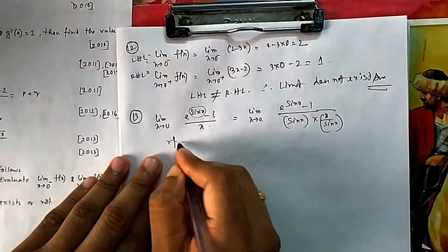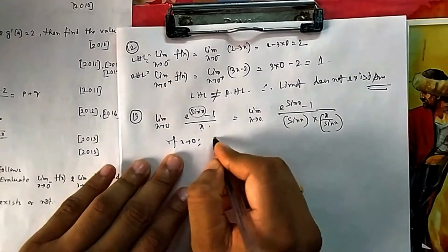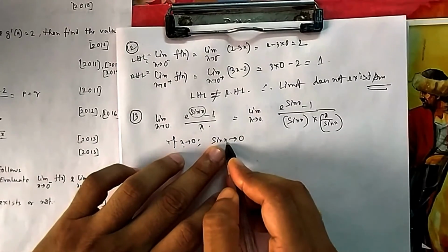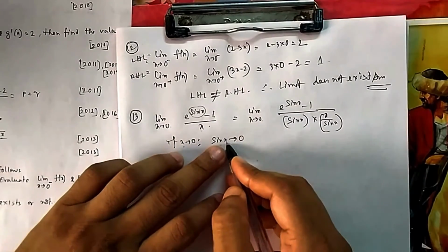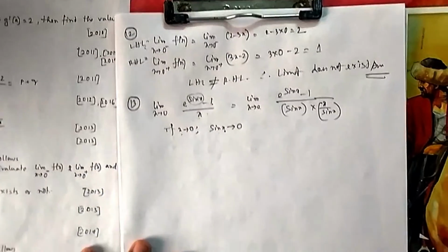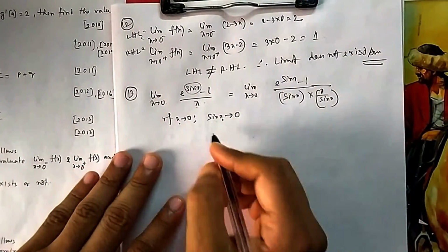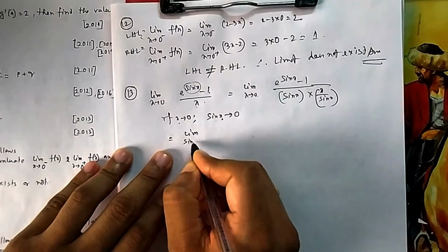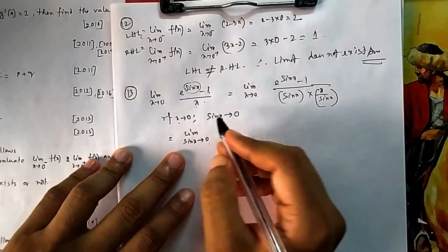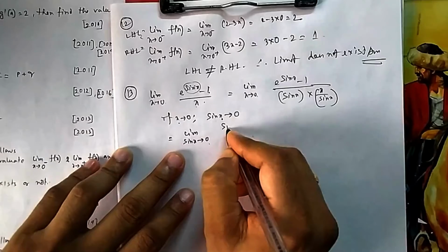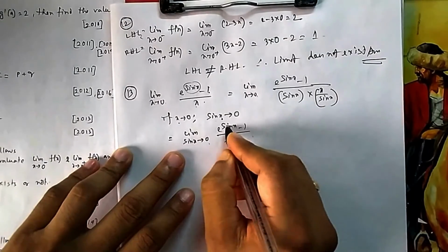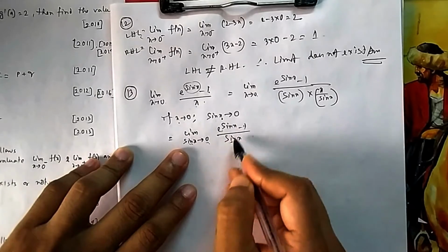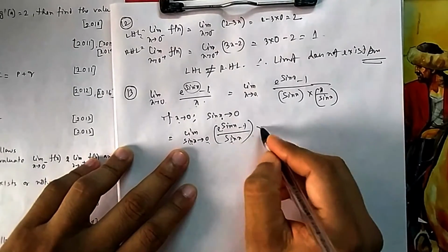And I know if x goes to 0, as I have seen in the previous question, sin x will also go to 0. Because if you are going very close to 0, you are putting 0.00001, so sin 0.00001 will give you 0.00001, which is 0 actually, very close to 0. So the idea is it will go very near to 0 if x goes to 0. So this becomes a formula, because what was the formula? e to the power x minus 1 divided by x, x goes to 0. So same idea, sin x goes to 0, e to the power sin x minus 1 by sin x. x is replaced by sin x.